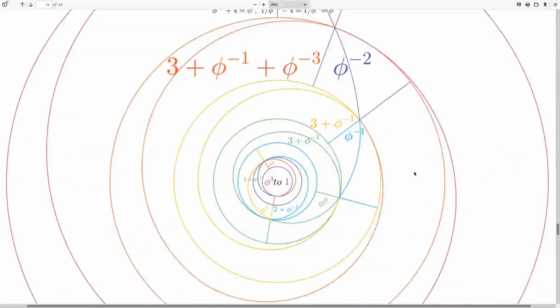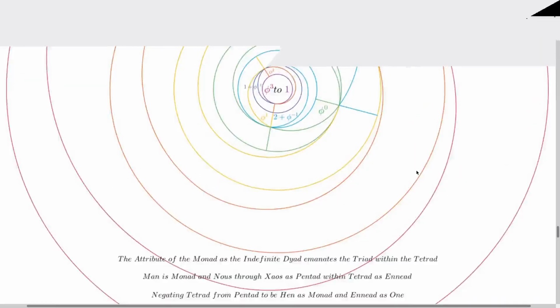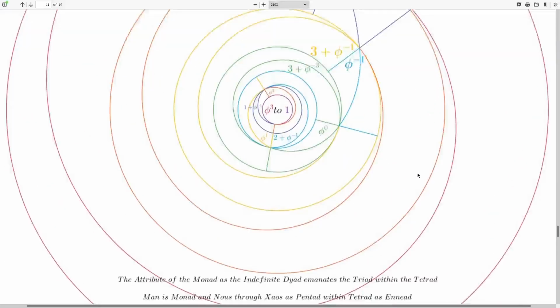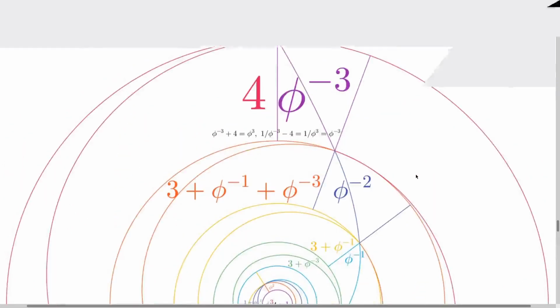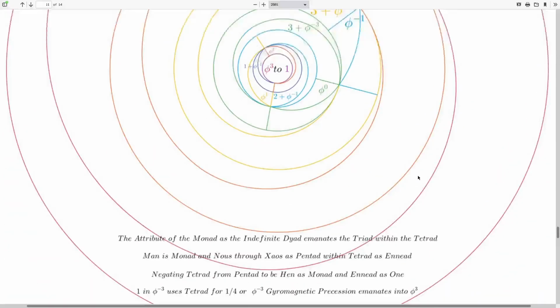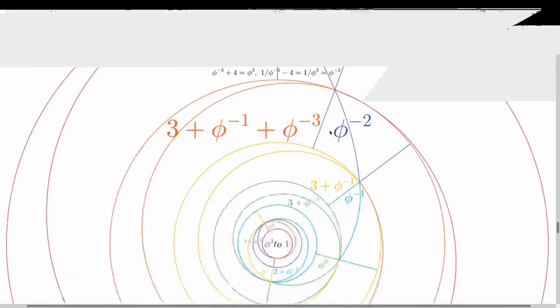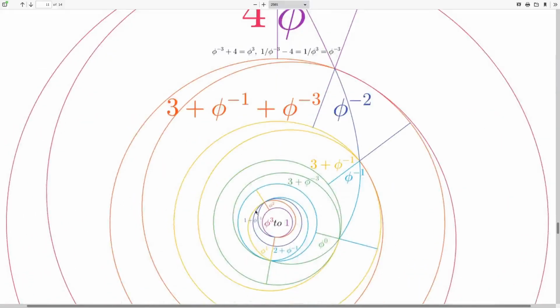Yeah, this part, nobody gets this part. Nobody talked about this part. Nobody bothered to ask what is this. Well, this spiral right here, this is the inverse Archimedes spiral,